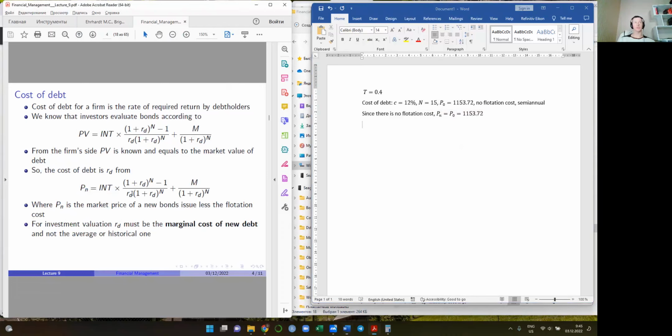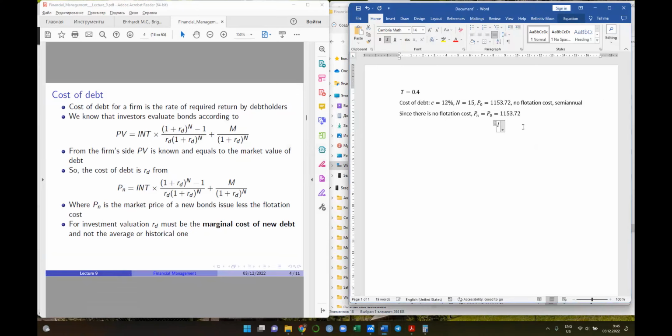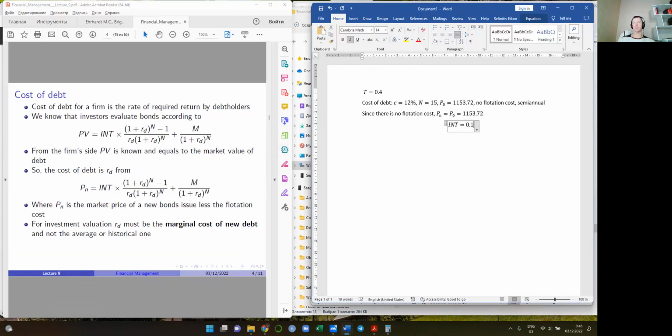Good. What else do we need to know? We need to know interest. Interest is what? It is 12%